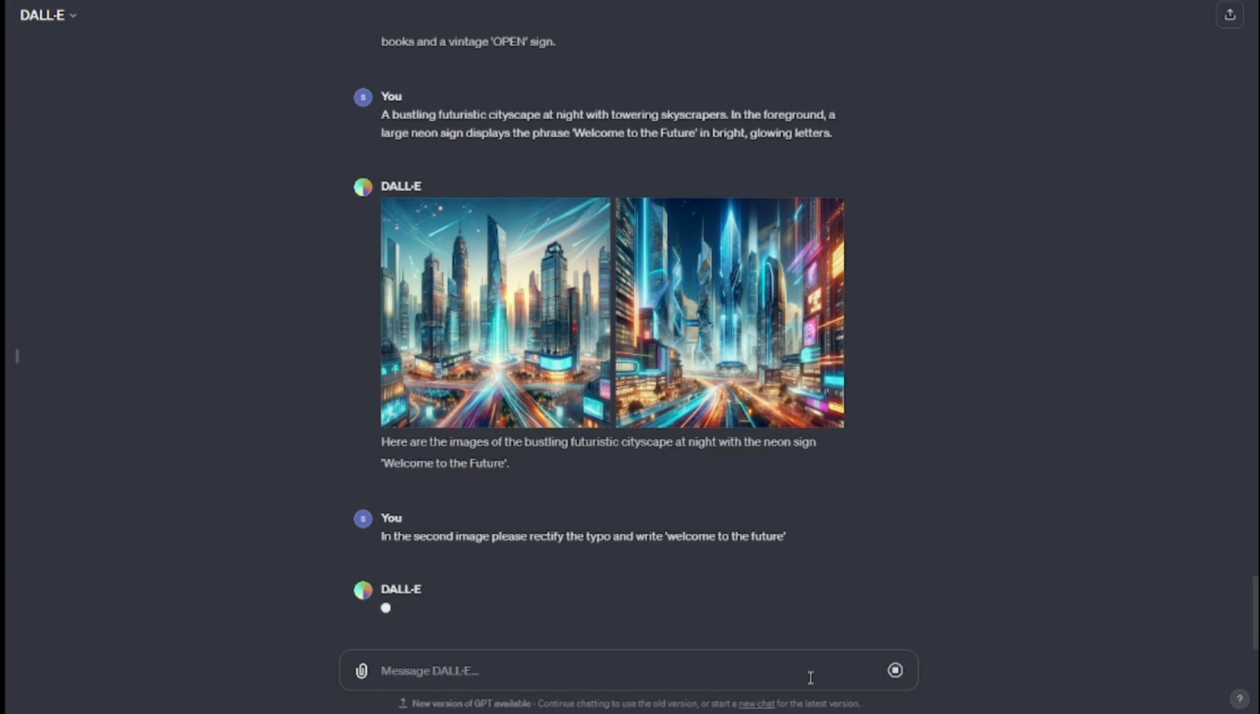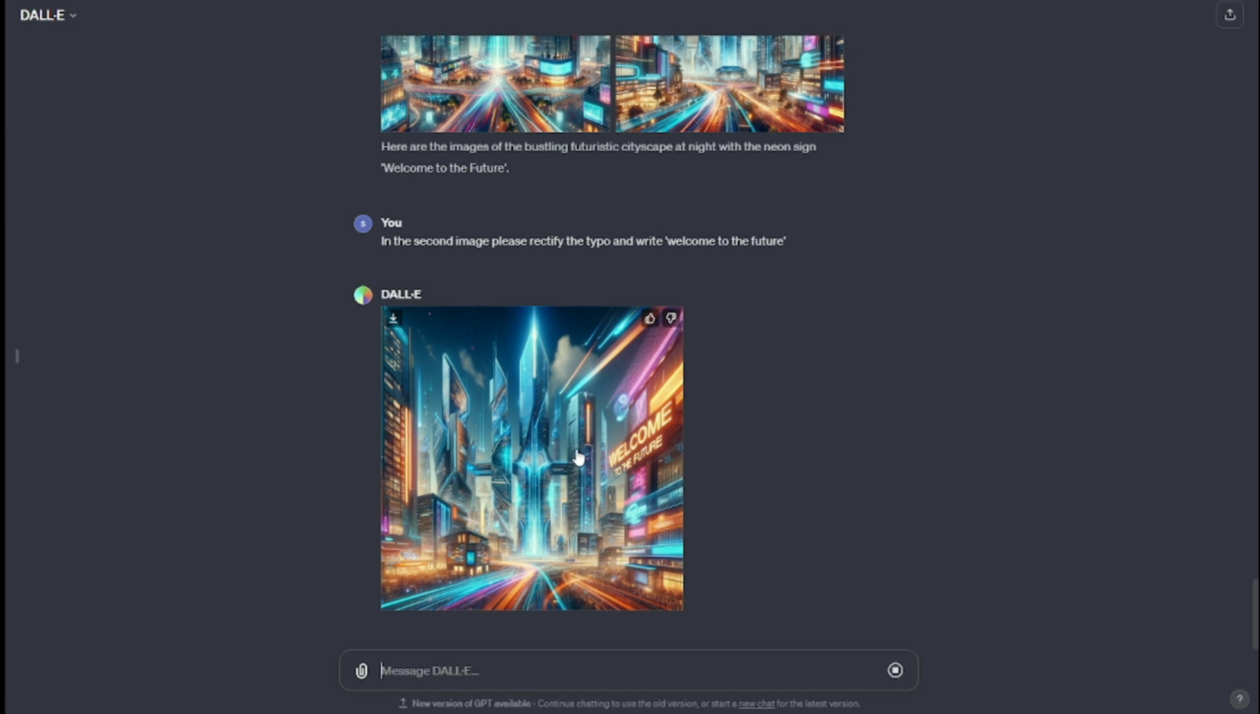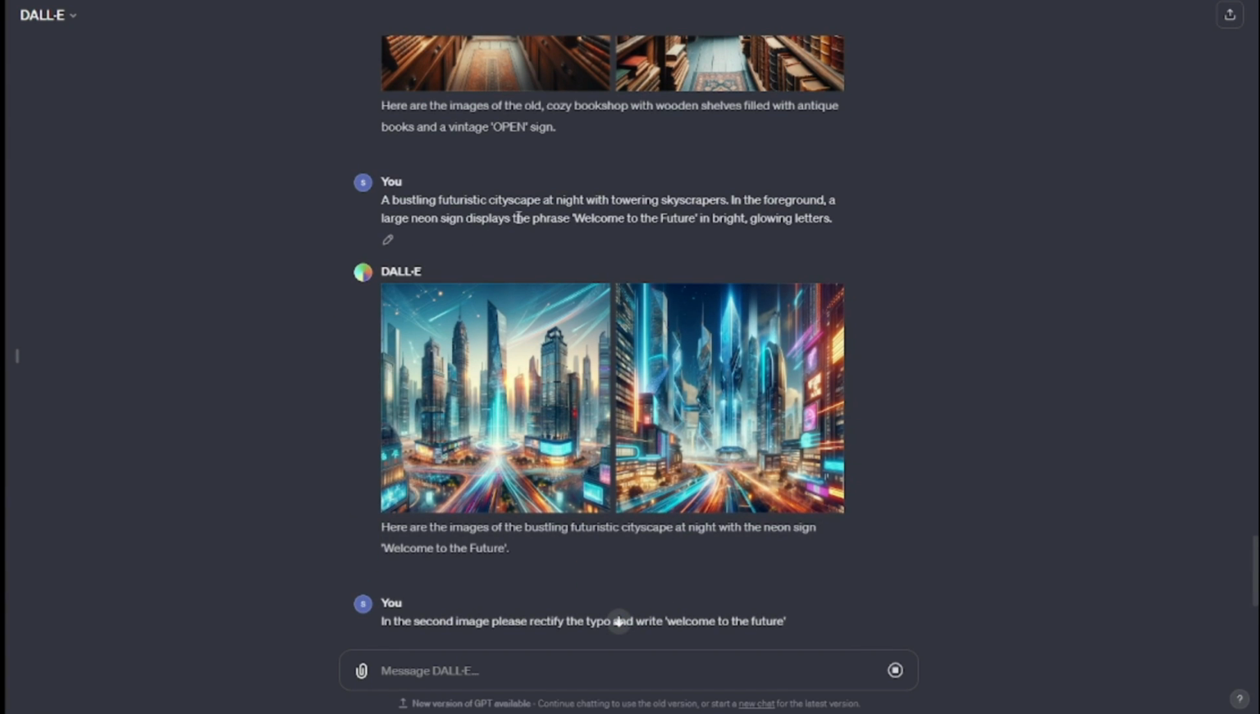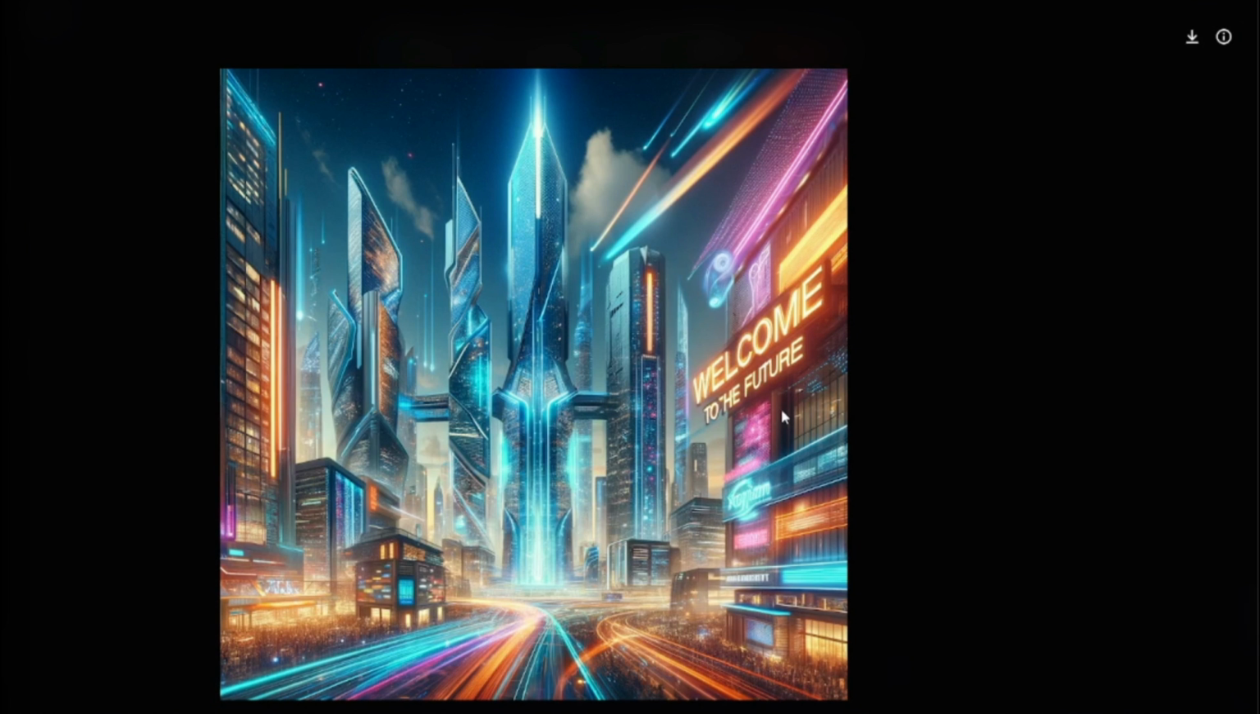Let's just go ahead and hit enter, and see whether DALL-E 3 will be able to rectify that or not. All right, so now take a look at this image. Now in our image, we have the exact scene that we wanted, which was a bustling futuristic cityscape at night with towering skyscrapers in the foreground, a large neon sign displaying the phrase "Welcome to the future" in bright glowing letters. If I go ahead and open this picture, now we have the perfect text